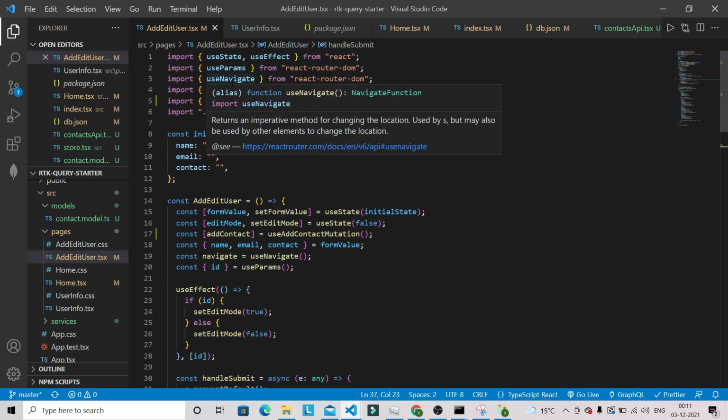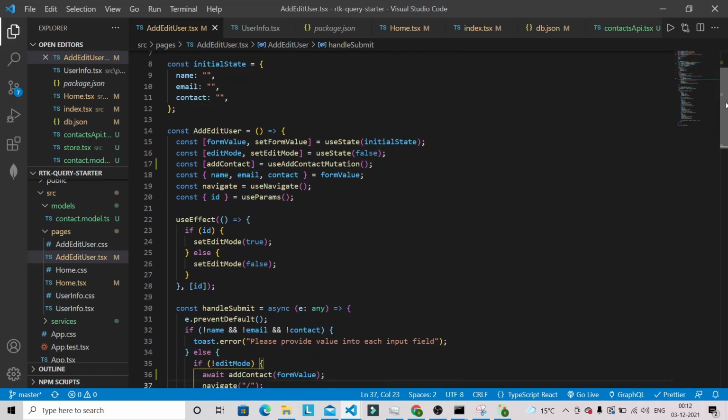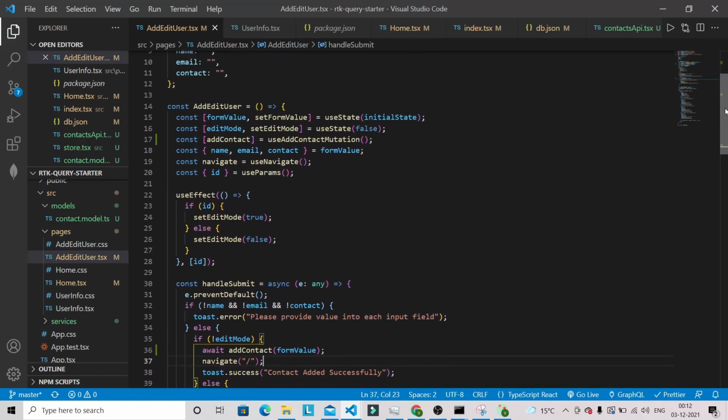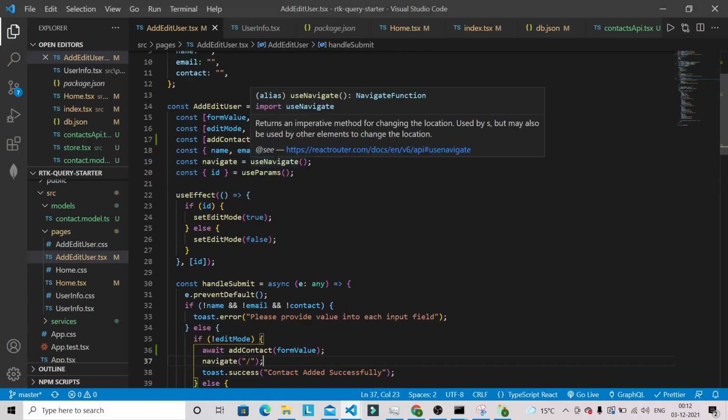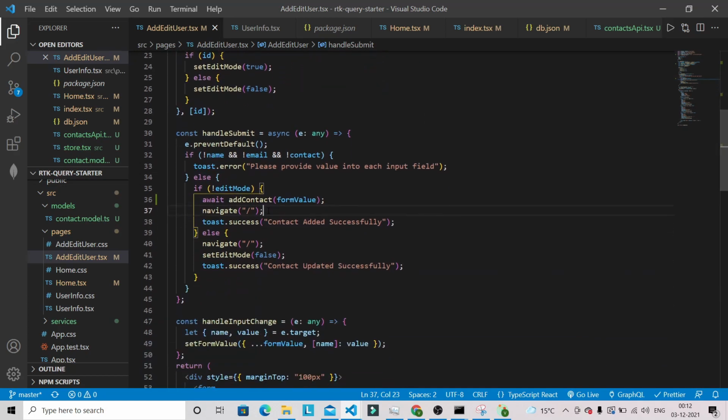You have to use useNavigate in order to navigate towards the home page. Earlier we used history in order to navigate towards a different URL, now we are using useNavigate, and we have stored the reference of useNavigate into a navigate variable. So here we are using navigate this way.